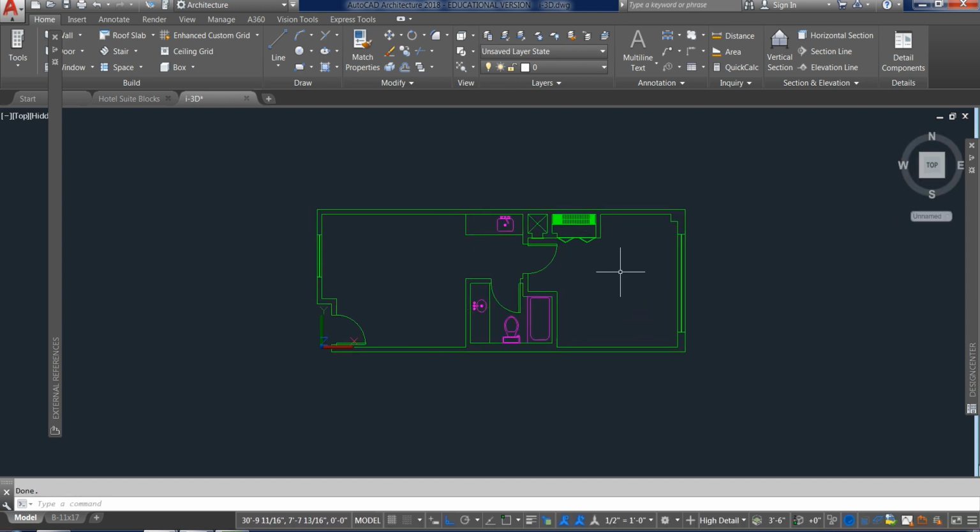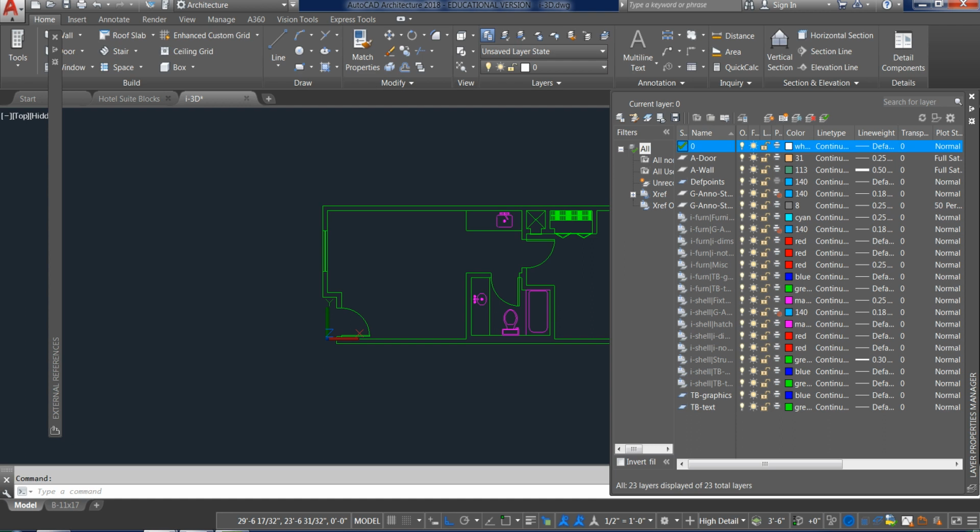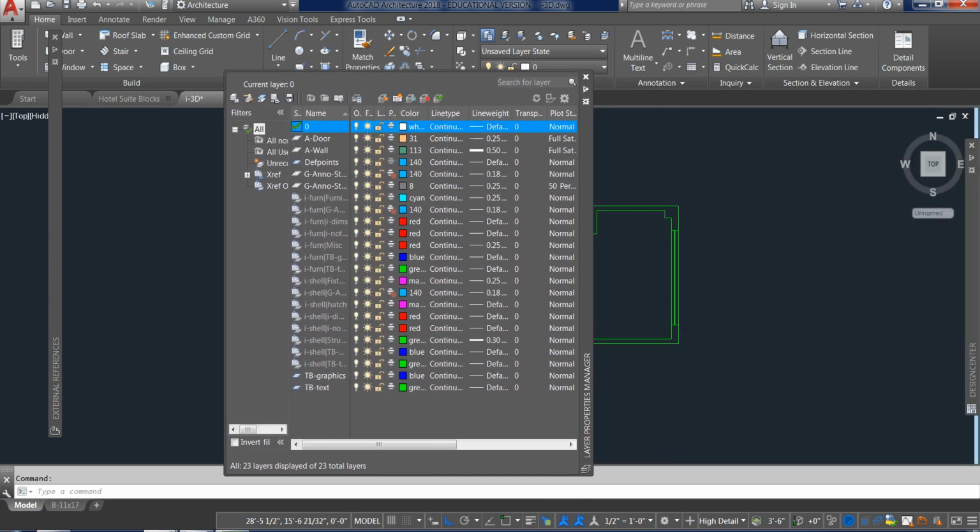So I'm here now, and there's another thing that I would like to do in order to help keep myself organized during this process. I want to change all of the layer colors of the XREFs to a gray. That way, when I draw over the top of it with the new 3D walls, I think it will be easier to tell what I've already traced, because that's essentially what I'm doing here, I'm going to trace this drawing. So I'm going to call up my layer property manager, and by now I've gotten quite a few layers in.